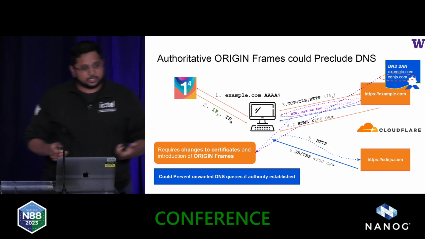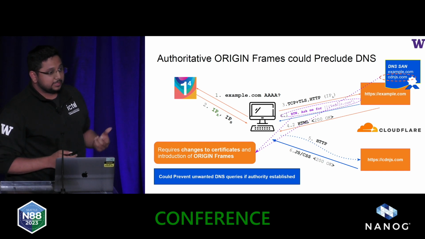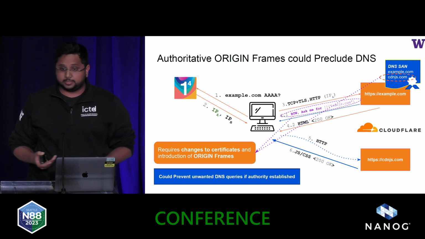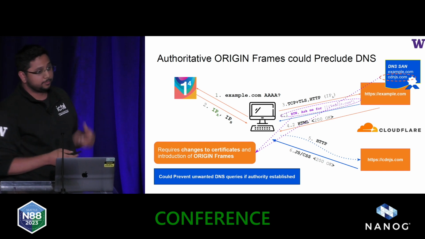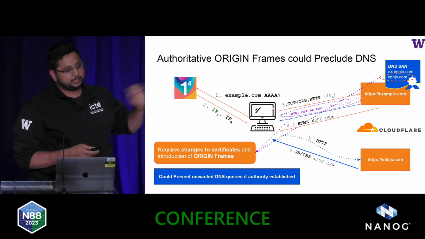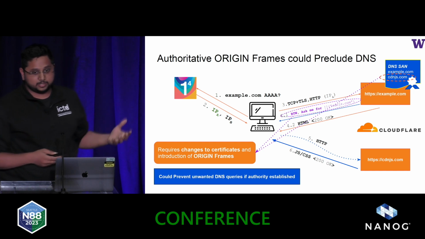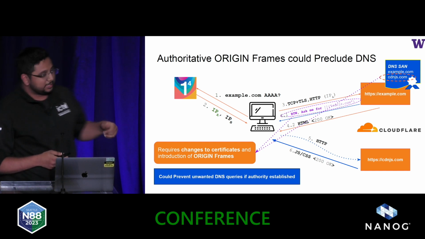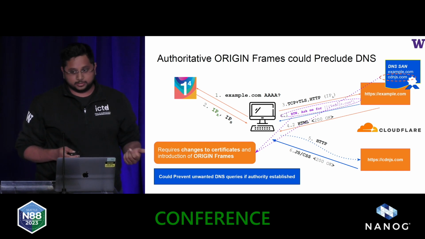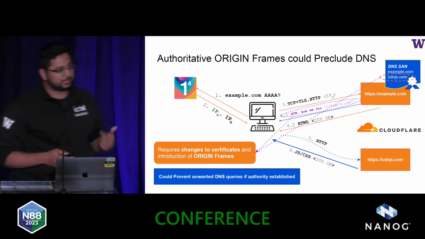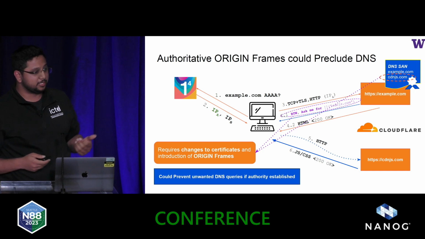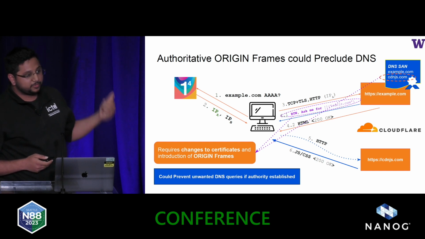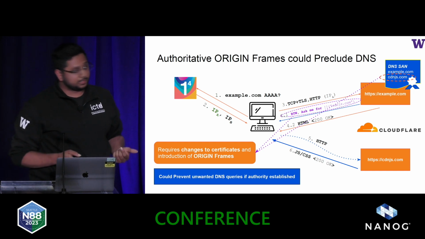By using the HTTP ORIGIN frame standard, and extending the certificates as the service provider by including CDN.js in the SAN attributes of the certificate, we can now send an additional hint from the server side to the clients, telling them, hey, you can ask us for information about CDN.js. Go ahead and reuse your connection. And this prevents additional DNS and TLS handshakes.